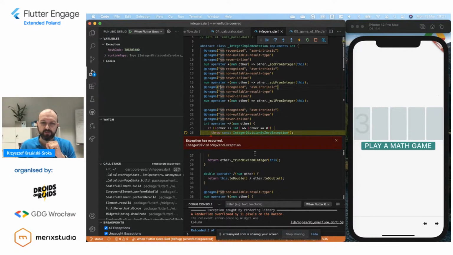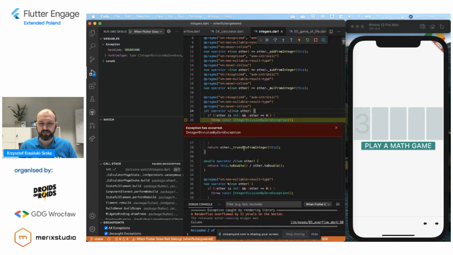This is going to happen when we let this exception continue and get thrown. But we see we caught exactly the moment when the exception happens. In, of course, integer division by 0 exception, in the operator, that's the operator on integer of integral division. So it's going to cut off, basically, truncate the remainder from the integer.